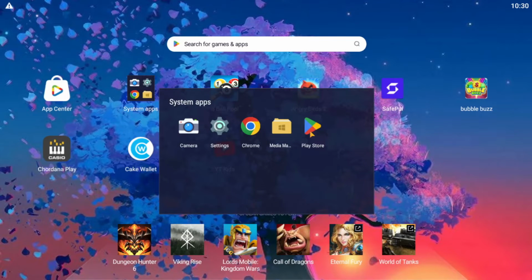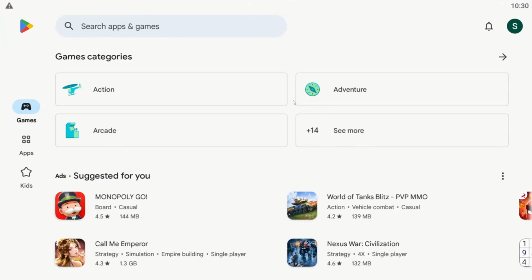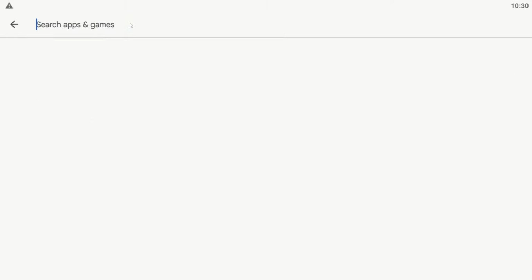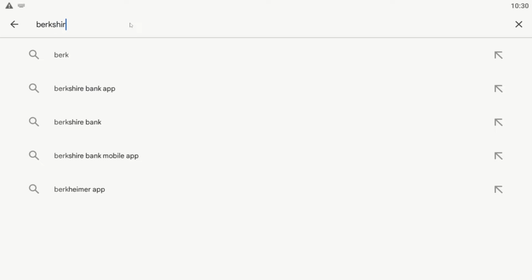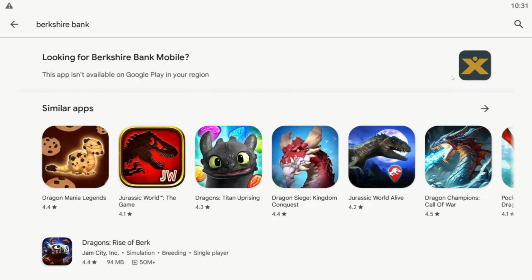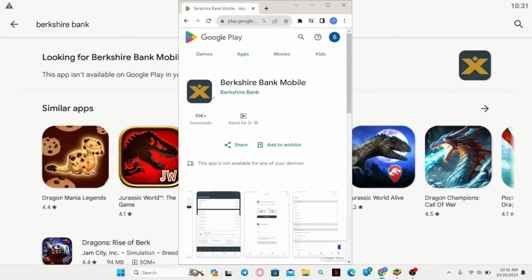First of all, open up the iOS App Store or the Google Play Store depending on your device. Now once you open it up, simply tap on the search box and then type in Berkshire Bank and start the search. Once you find the Berkshire Bank application, just tap on it and then you will see the install button. Now just tap on install and this will begin the download and installation of the Berkshire Bank application on